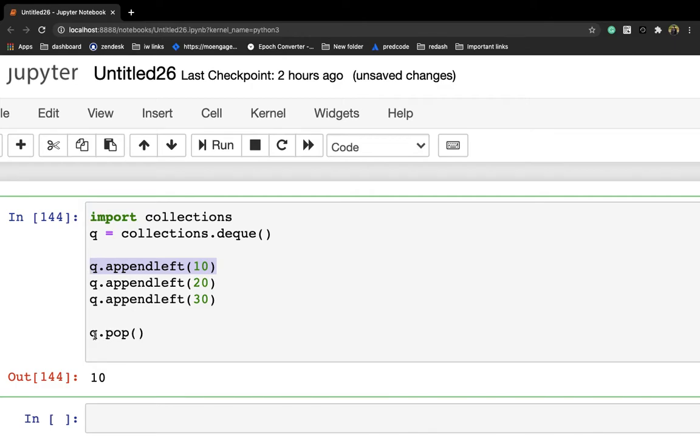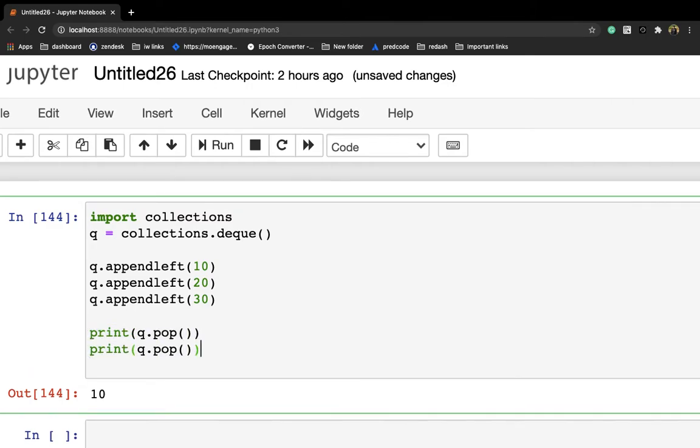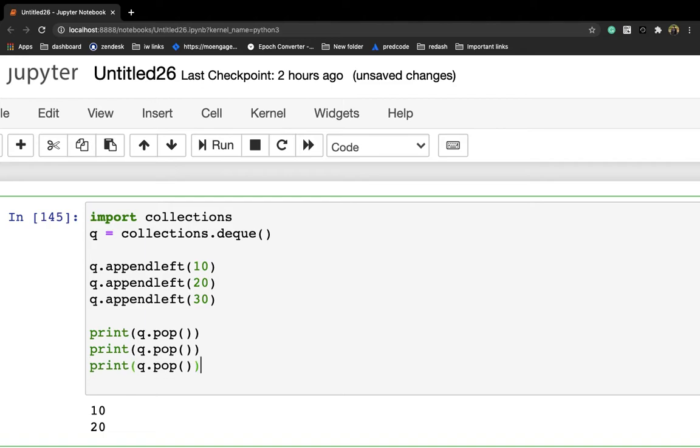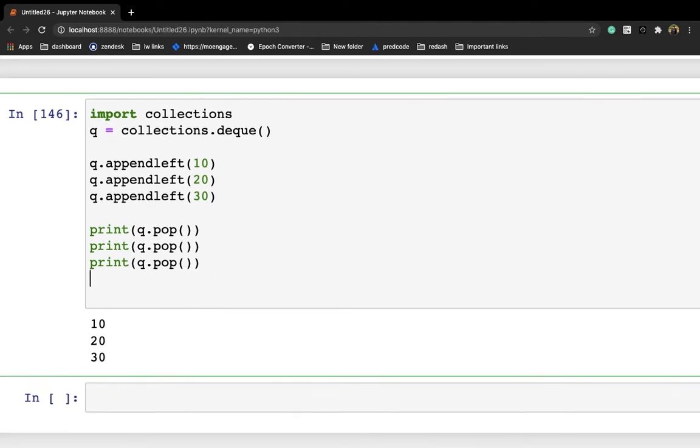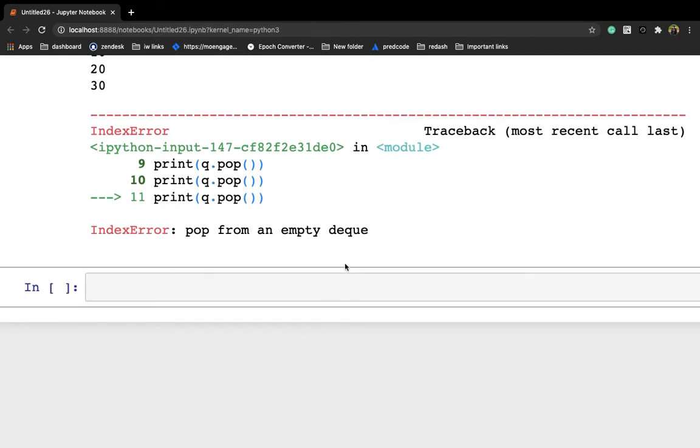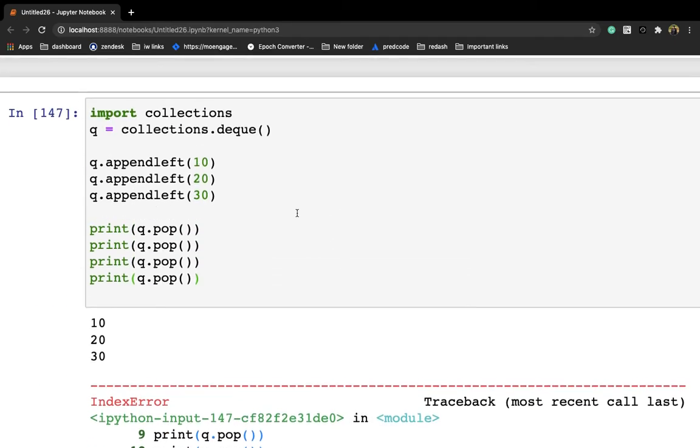That's how a queue works. So let me print this. If you call this function again 20 will be removed, and if you call it again 30 will be removed. And if you call the same function again it will throw an error saying empty deque. So this is how you can use appendleft and pop to implement a queue with the deque class.